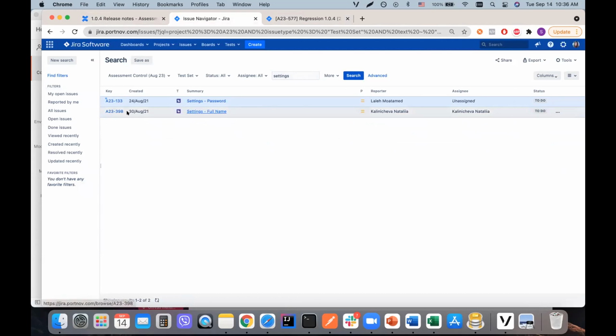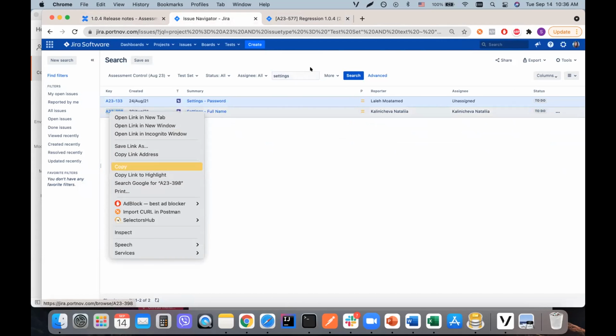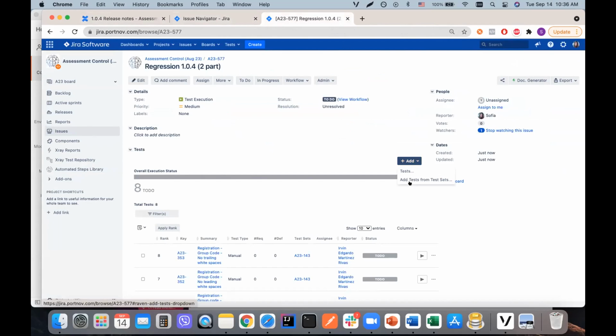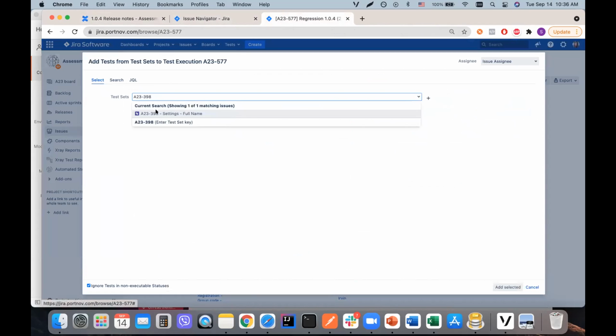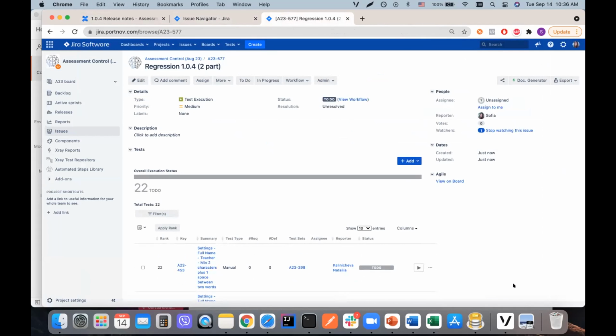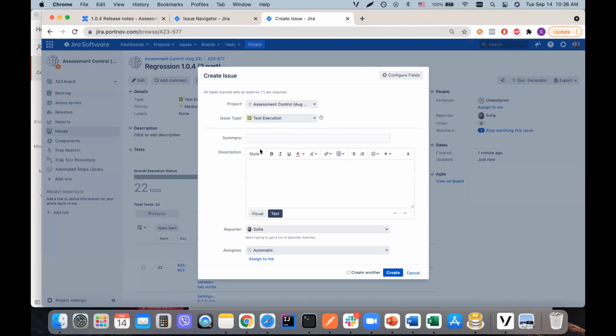And I can see that settings full name we need to retest. I will copy and add it here at test from the set, and then I click add selected, and we have 22. Okay, and we will have one more test execution. I will click create button, test execution,